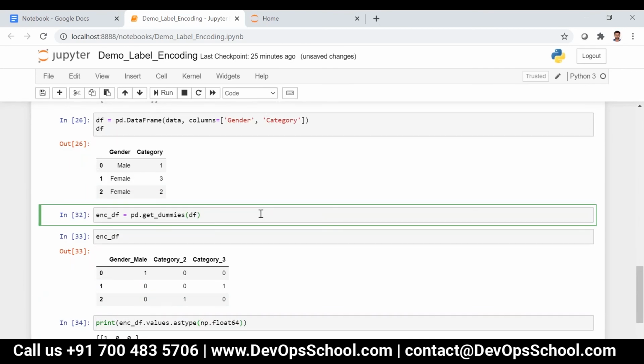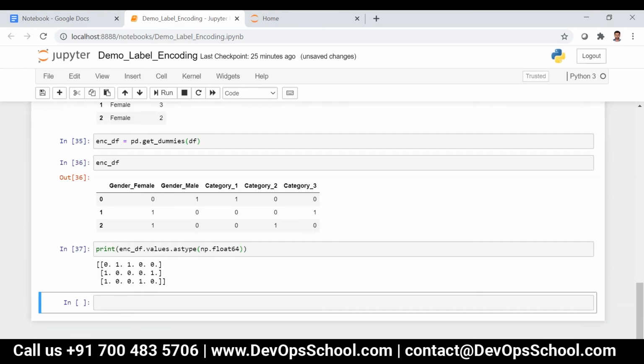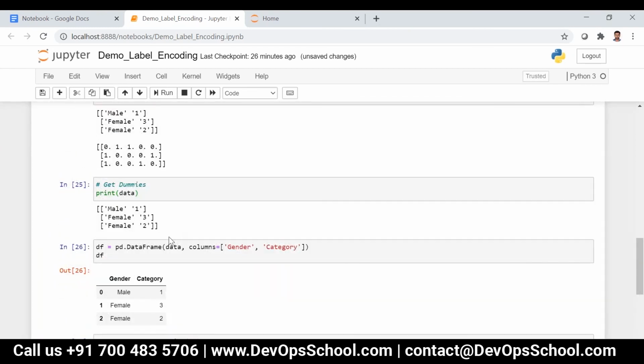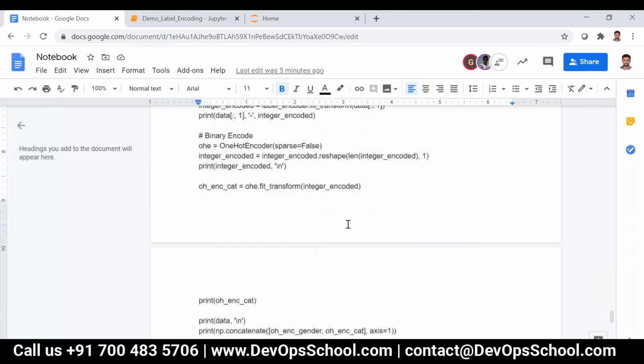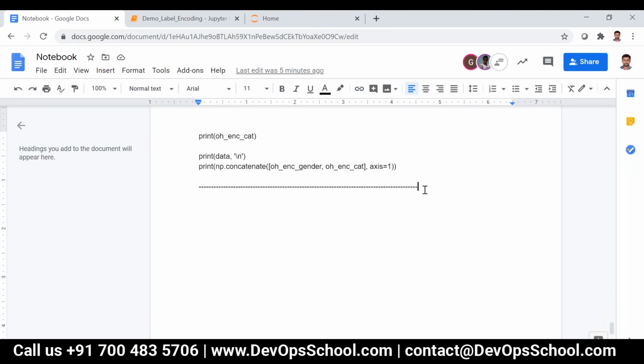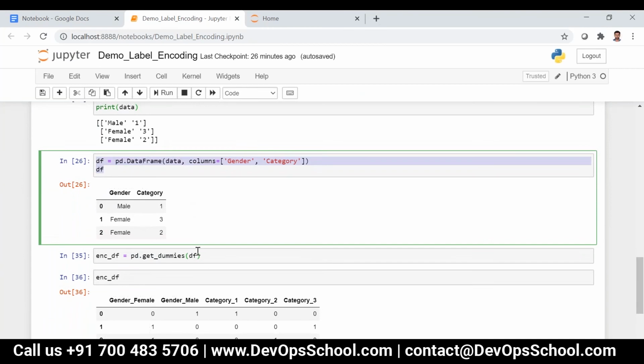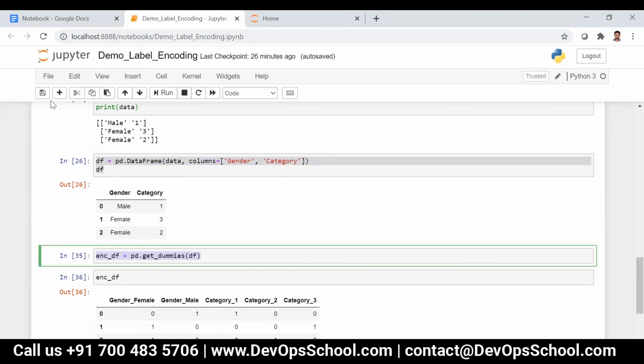Okay guys, clear? So please take it down, and then we will see how it will behave with multi-class, that is, multiple categories. Just take it down, and then we will see how it behaves with multiple categories.